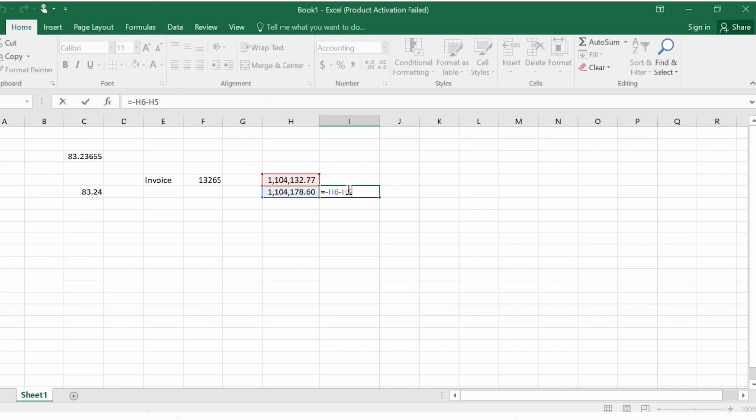Here also 11 lakhs 4,178.62. Why? Because here, if you can see,